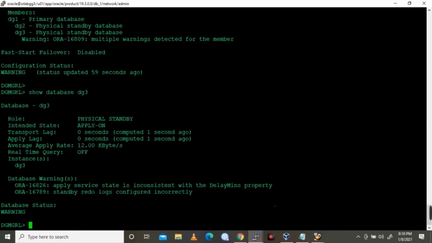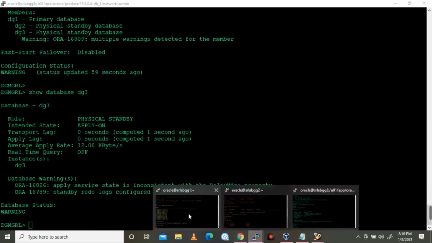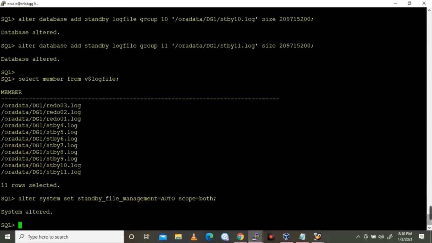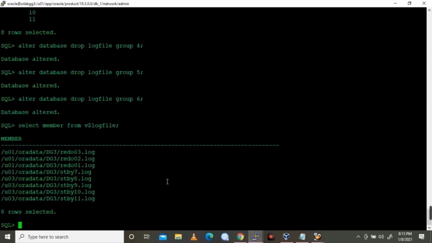It's a warning, but we need to fix it. What I am going to do on the second standby side is remove the logs 4, 5, 6, 7, because the standby redo logs are inconsistent across the physical standby databases. So I'm going to drop those groups 4, 5, 6, 7.